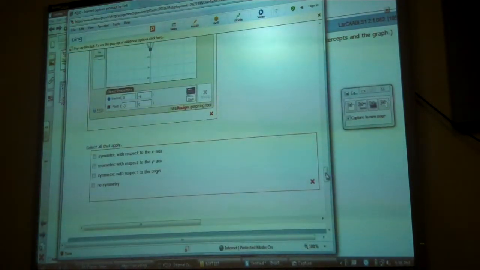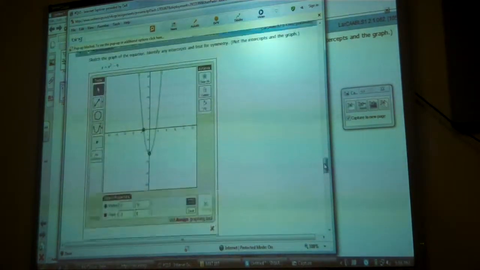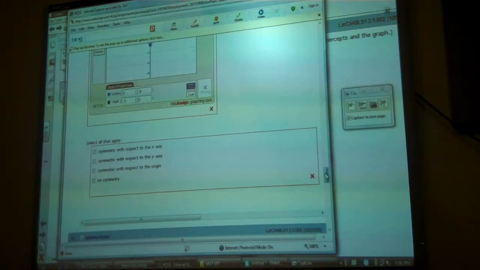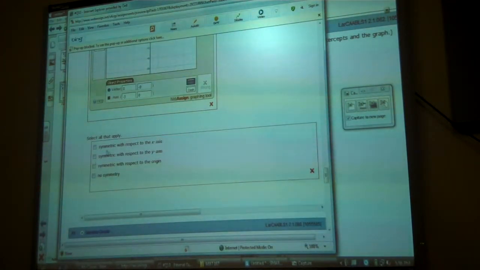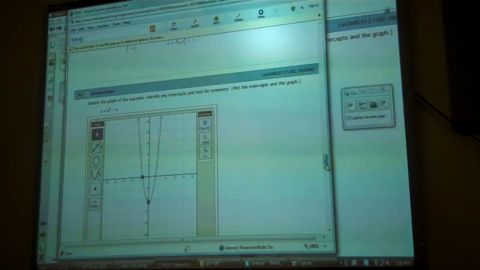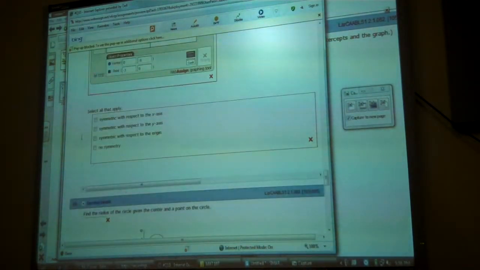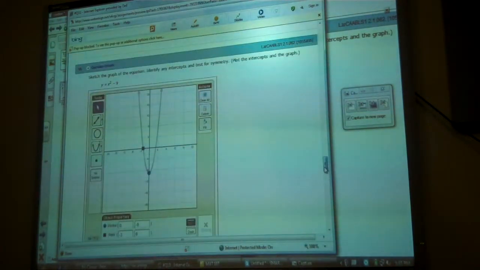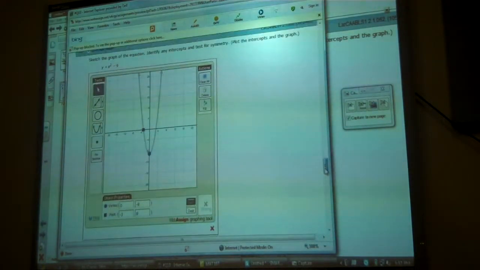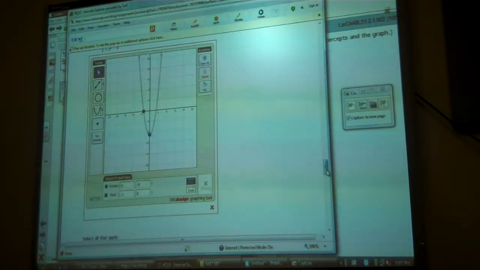Symmetry with respect to which axis, or the origin, or no symmetry? Symmetry means a mirror image across that. So the y-axis, definitely. Not the x-axis, though. If I flip that across, I don't get that. Not the origin, because that means, really, the origin is